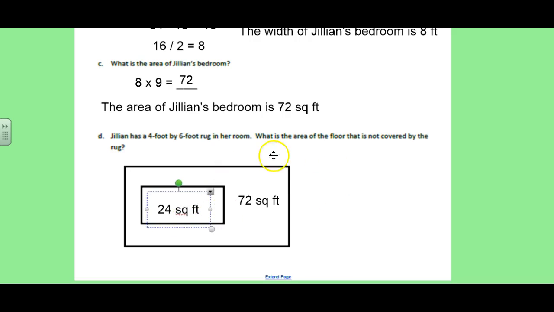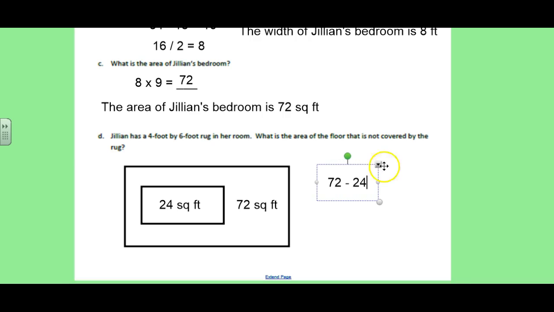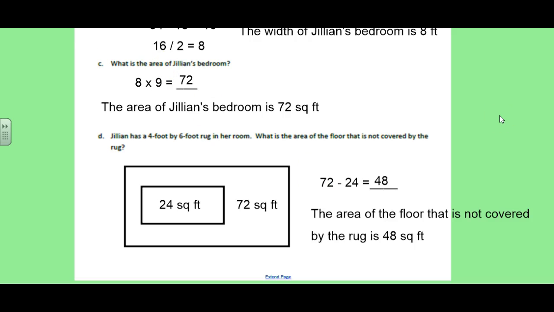So in order to find the area of the floor that is not covered by the rug, we're going to have to subtract 24 from 72, and that will leave us the rest of the room that does not have a rug on it. So whenever you do 72 minus 24, you're going to be left with your answer. So I want you to solve that and then answer this question in a complete sentence, and whenever you have that ready to go, you may push play. So when you do 72 minus 24, you're left with 48. So the sentence should have said the area of the floor that is not covered by the rug is 48